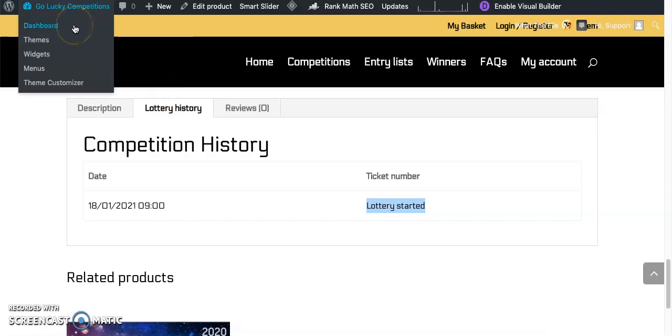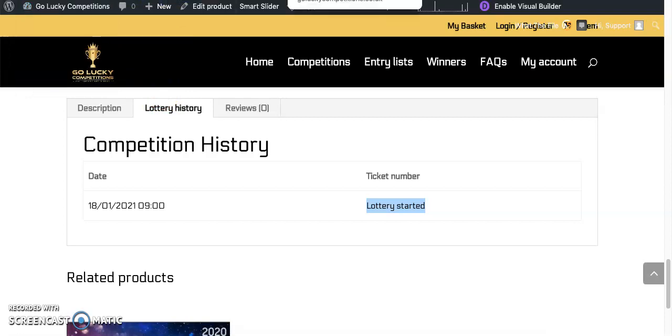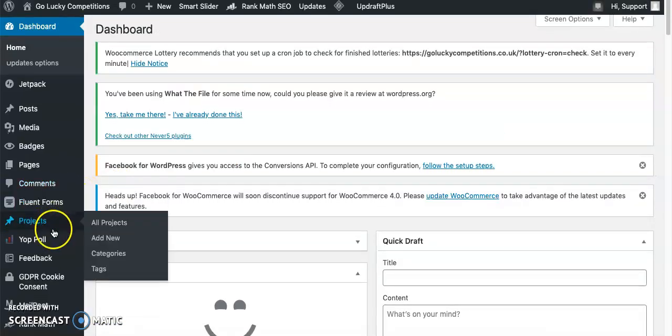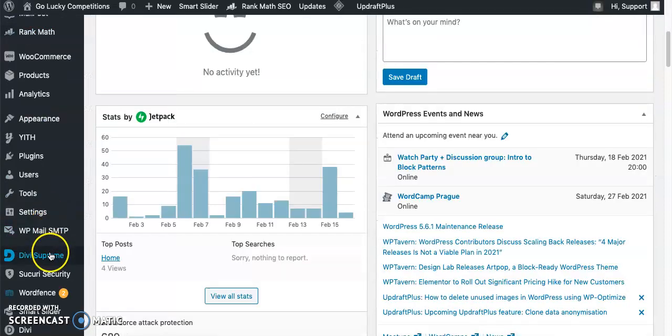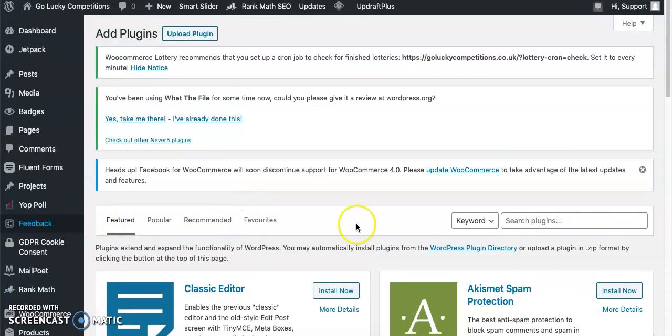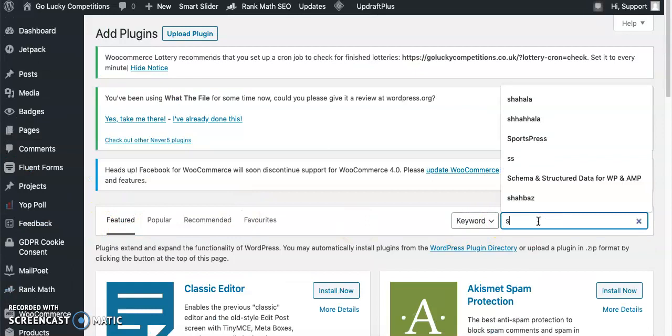In order to do so, you'll need to install a simple plugin called String Locator. Just log into your WordPress dashboard, go to plugins, and add a new plugin called String Locator.